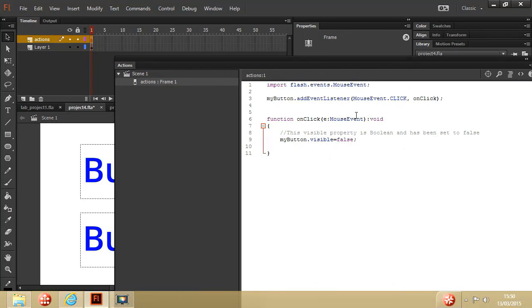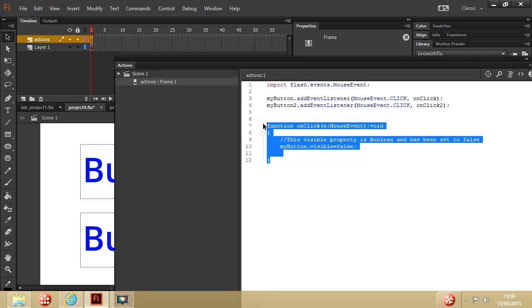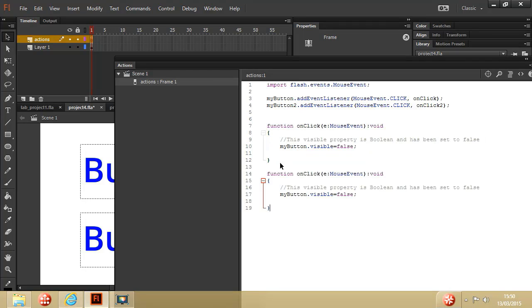So what I need to do is to copy and paste a few times, Ctrl+C, Ctrl+V. I've called the second button my button 2. It makes sense to call the other function my onClick 2. So if I copy onClick and turn that into onClick 2,